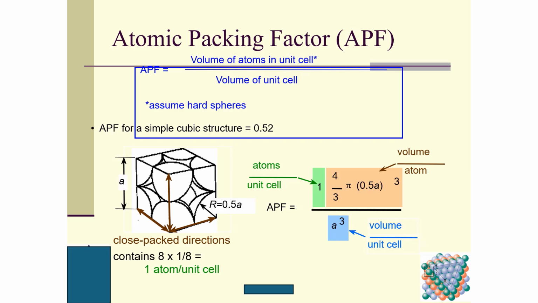Here we assume these are hard spheres. APF for the simple cubic structure equals 0.52. And how to calculate it? Here is an example of how to calculate this. So this is the SC, a simple cubic structure. This is 1, 2, 3, 4, 5, 6, 7, 8. So here is 8